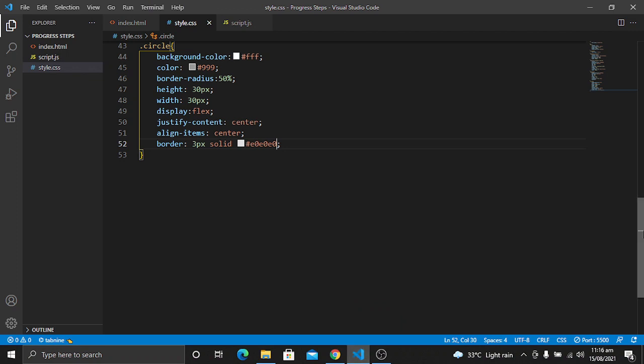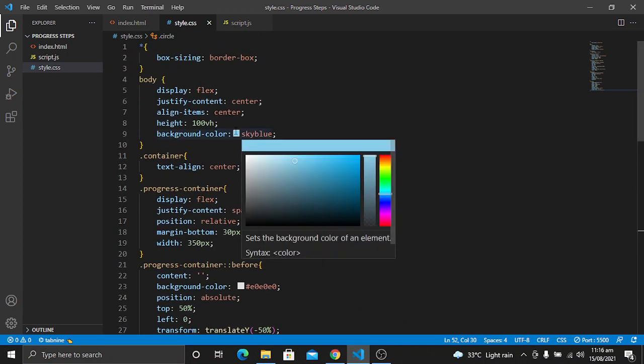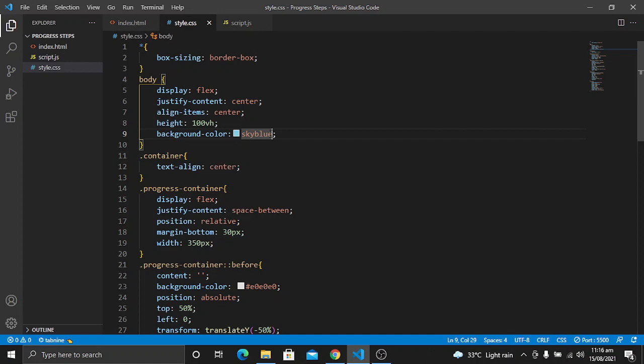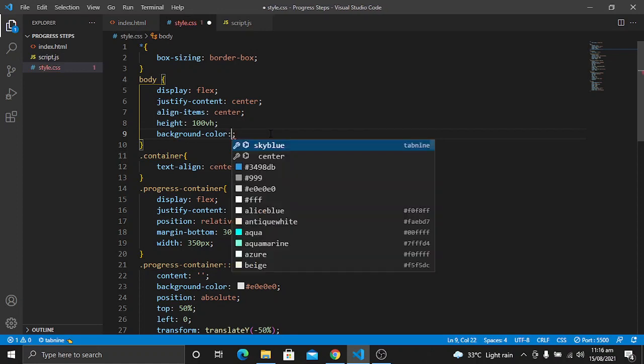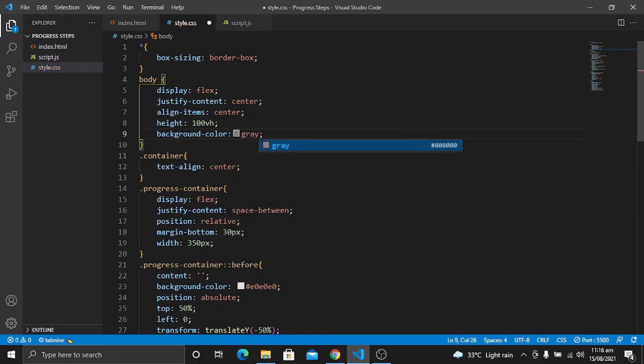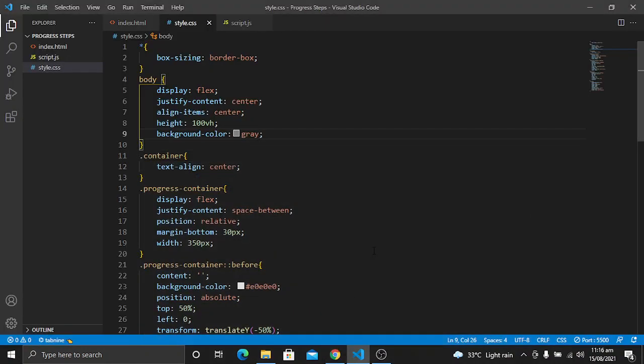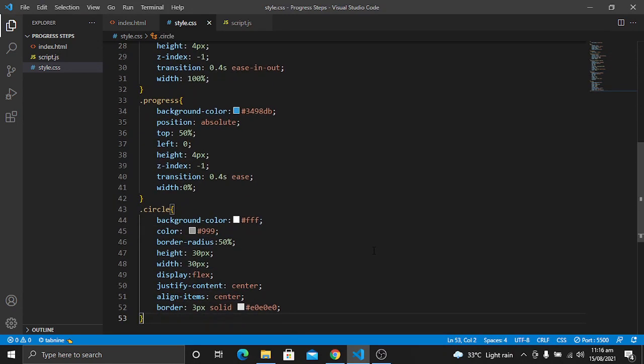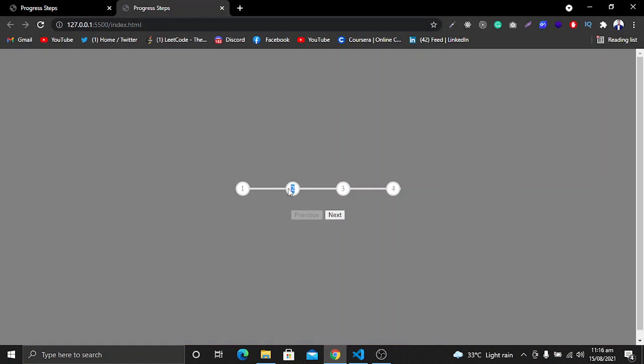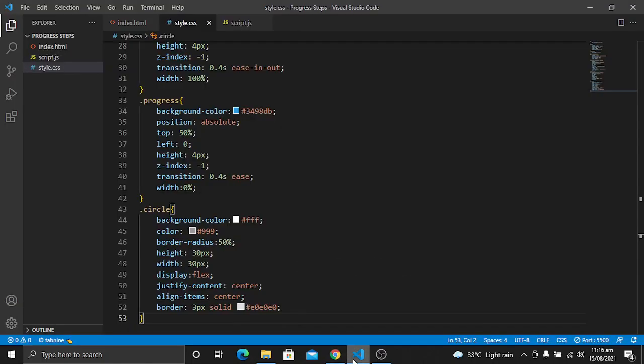So background color is not looking that good, so let's change it to something else. So I think we will use gray with an opacity of something with a less. So it will look good, I think, because our main purpose is not styling here, but how this concept is working in the progress steps or multi steps form.